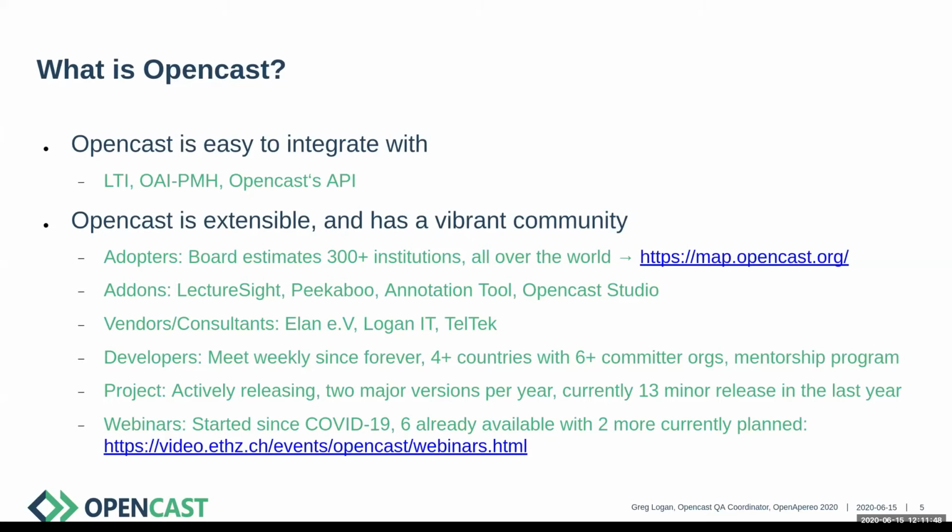We have 2 major versions per year. This year it's slipped because of COVID. The development slowed right down because all of us that were working on the code were suddenly pulled off on our own institutional things. But normally we release 2 major feature versions a year. There've been 13 minor releases in the last year in 3 major branches that are just bug fixes, things like that. They are drop-in compatible. With major versions, there's typically a little bit of a change. There might be some downtime, but usually it's not too bad.